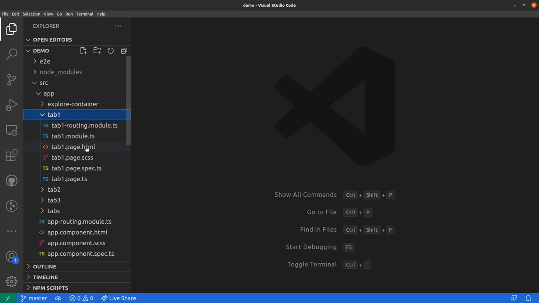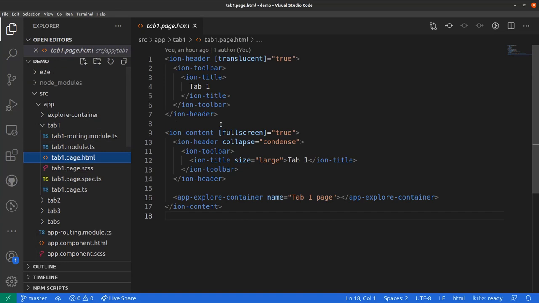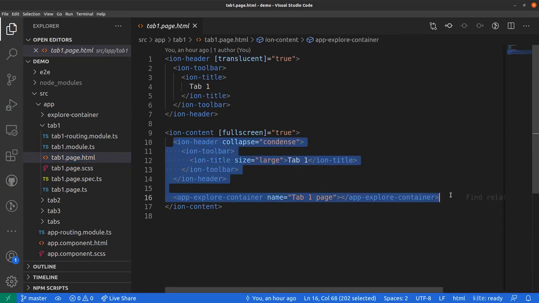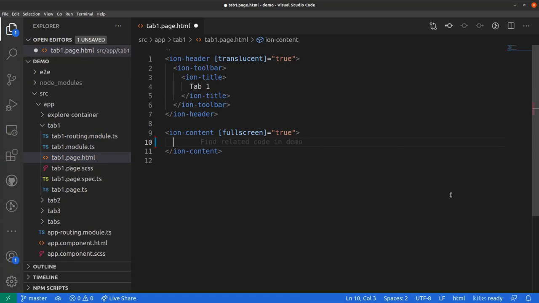So let's go inside our tab 1 page, and inside this, let's open the HTML page. And here we have an Ionic header and Ionic content. Header is some sort of like a head, what we have in an HTML page, and content is some sort of like the body. So let's delete all of this, which is pre-written content. And whatever we want to display inside our app must go inside this Ionic content, the ion-content element. So let's replace this and let's just write h1, and in this let's write hello world, and let's save